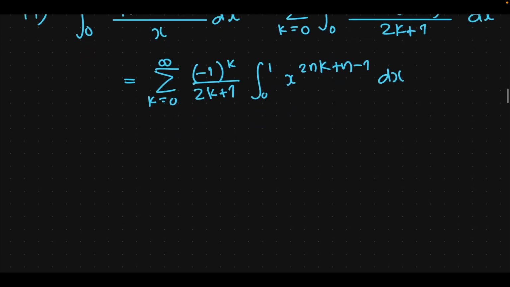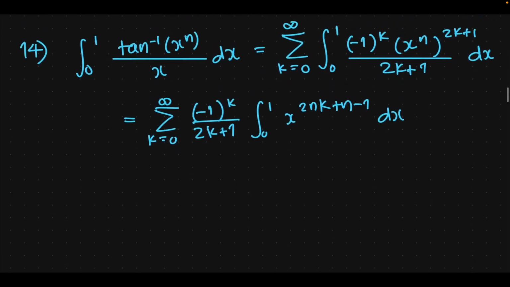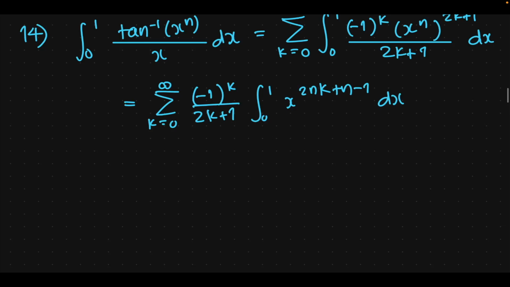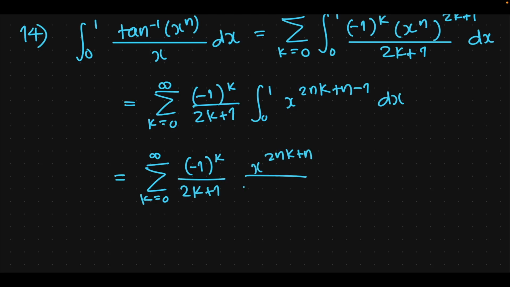I'm just simplifying using the properties of the exponents and things like that. And then integrating this is just using the power rule of integration. (Minus 1)^k over 2k plus 1 times x to the 2nk plus n over n times (2k plus 1), from 0 to 1,